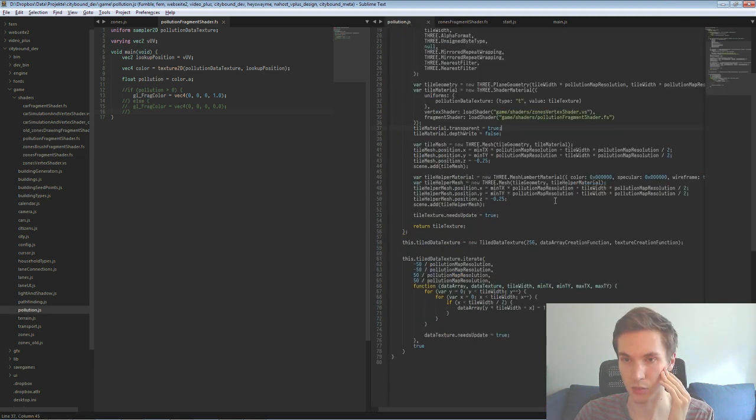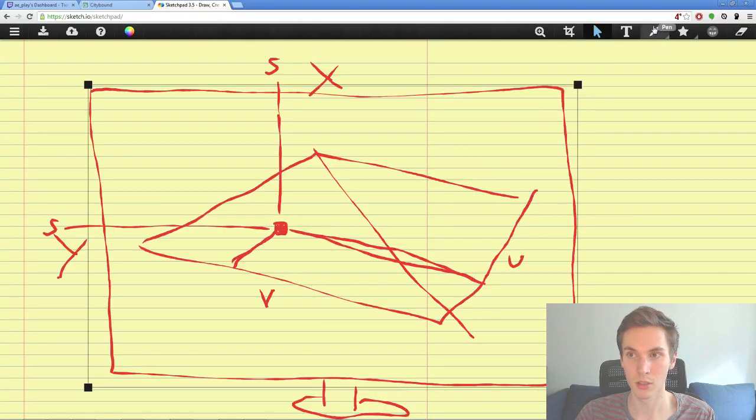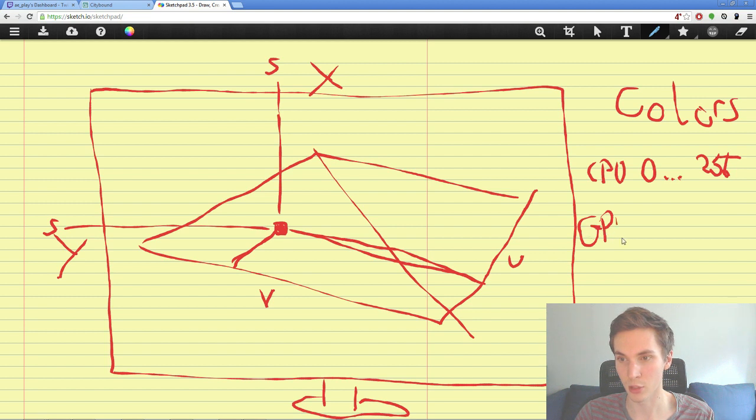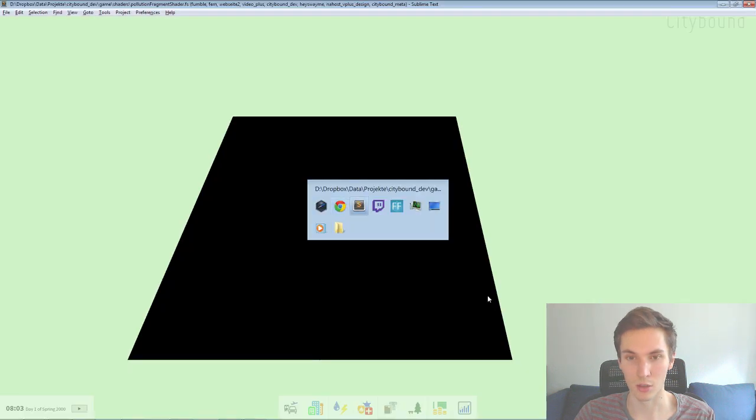Okay, this is a little stupid, but here in JavaScript we have to write the colors as values between 0 and 255, but in our graphics card we will actually get it as values between 0 and 1. So let me write that down. Colors on the CPU are 0 to 255, but on the GPU they automatically get converted to values between 0 and 1. So if I say here